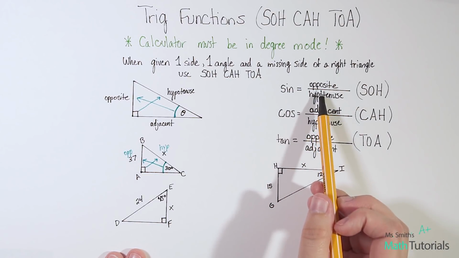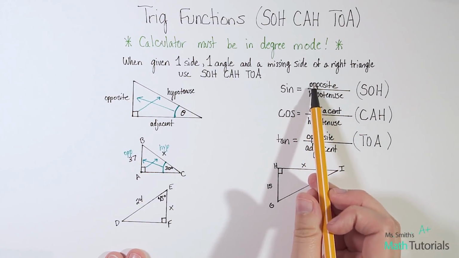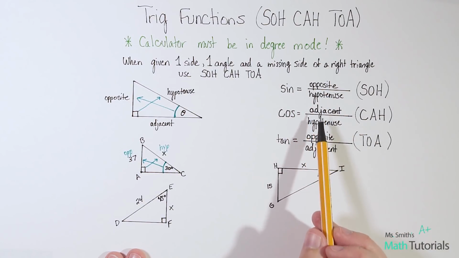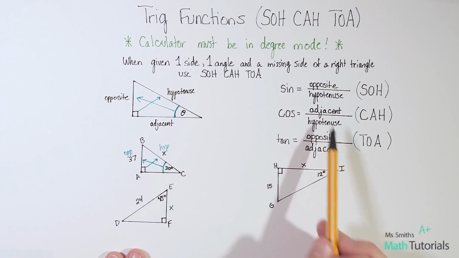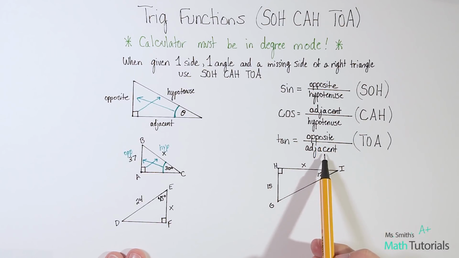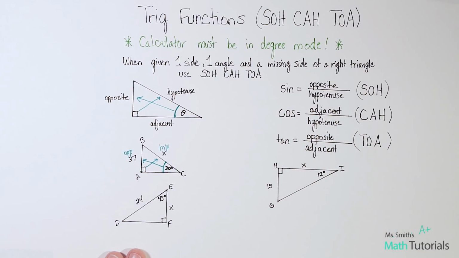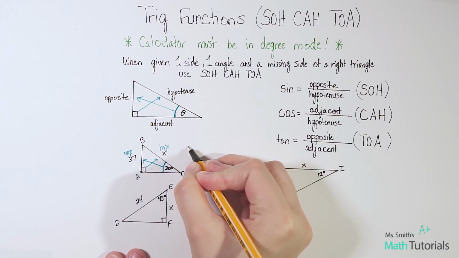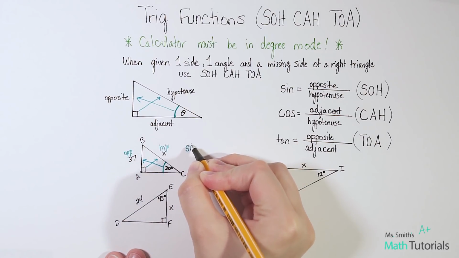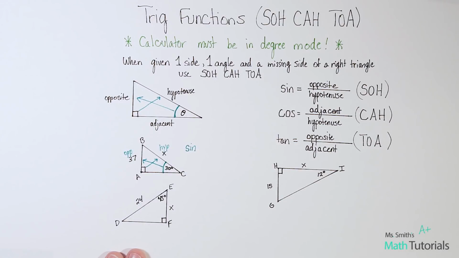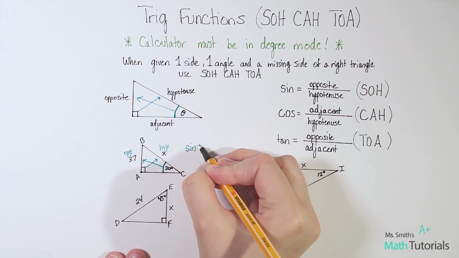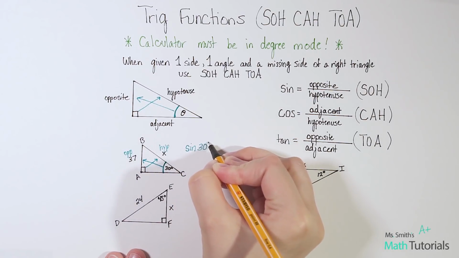So I come over here and ask which of these trig functions uses opposite and hypotenuse. Hopefully you're looking right here and saying, well, this one does: sine equals opposite over hypotenuse. Not here, this one uses adjacent. Not here, this one uses adjacent. We're going to use sine. That is going to be our trig function for this problem. The way we set this up, and this is so important, is we say sine of what degree? Well, we were standing here, so that was 30 degrees. So we're going to say sine of 30 degrees